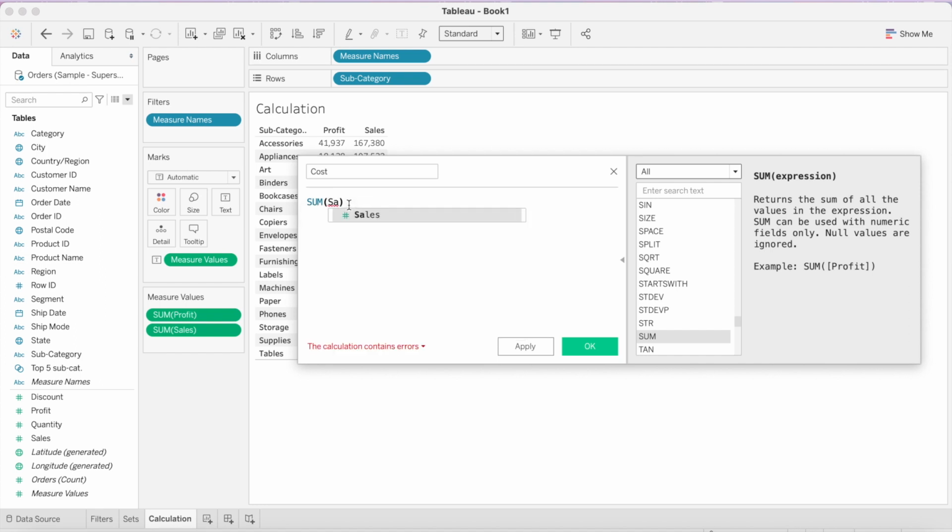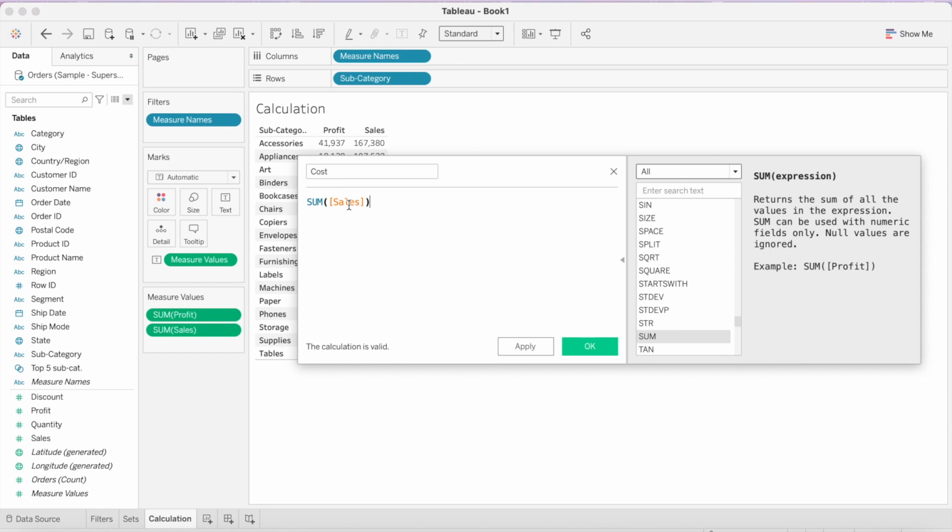once you start typing sales, Tableau will ask you whether you want to select the sales measure that is already existing in your data set. If you want to select that, just press tab, and again Tableau will automatically fill the remaining name of the measure.